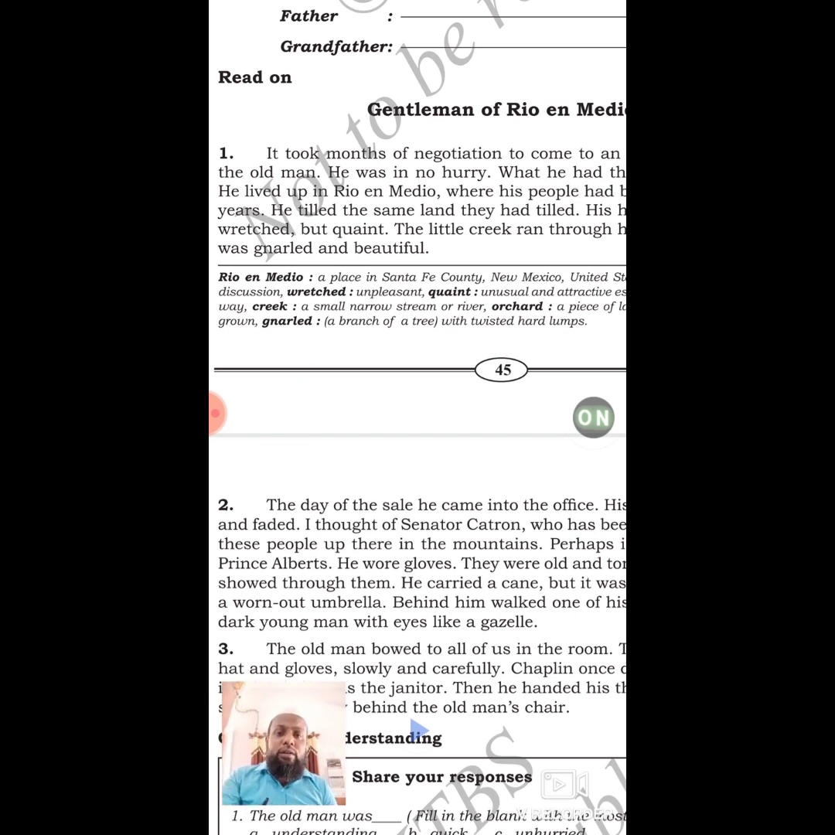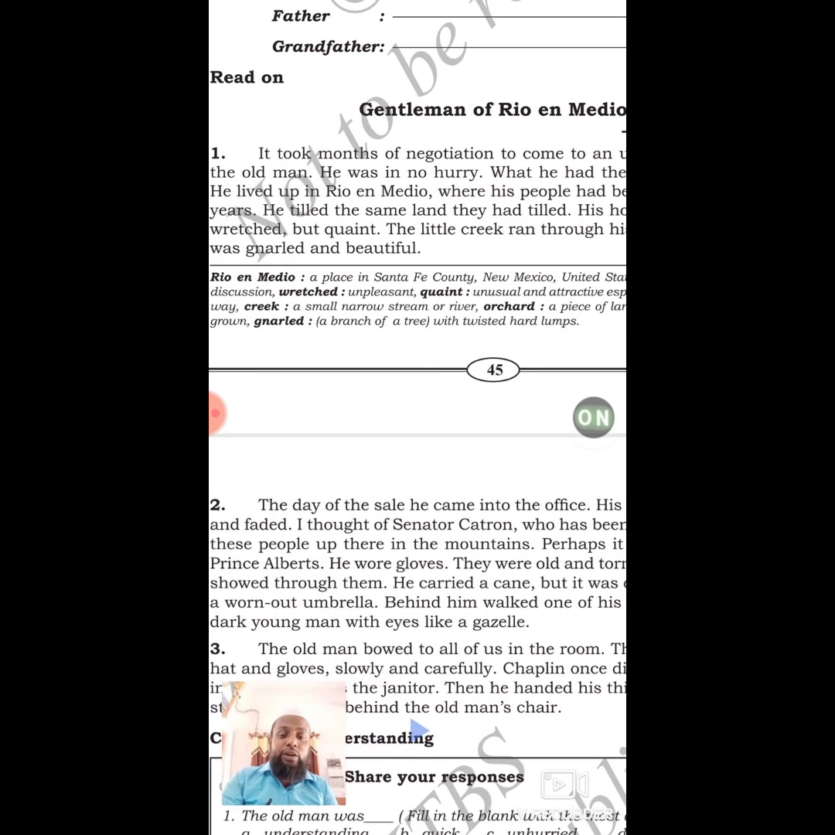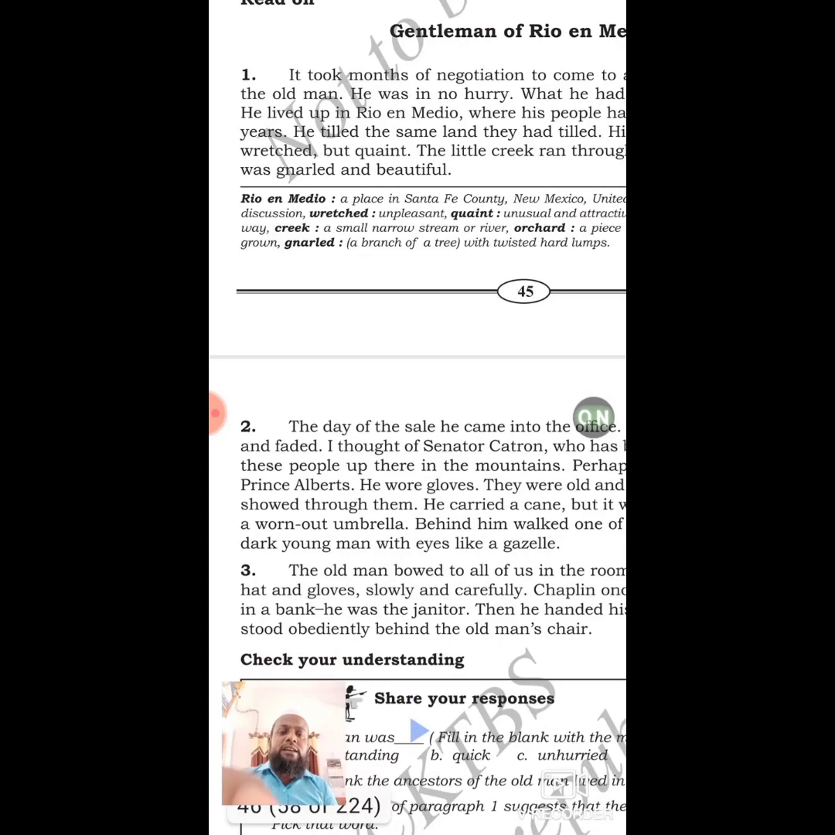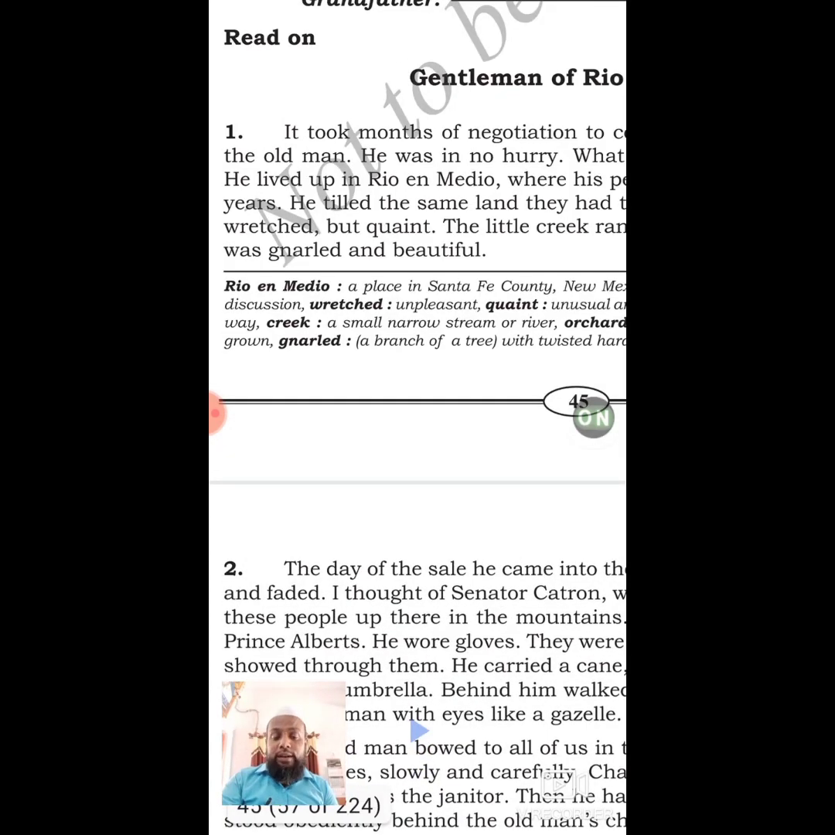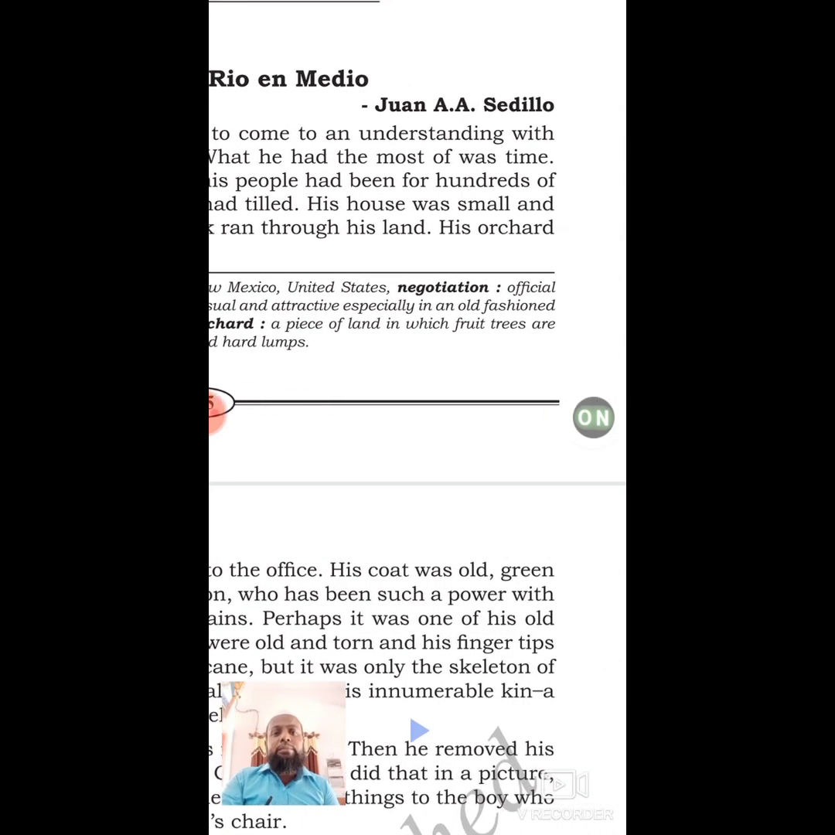Now, along with that, he was in no hurry. Who does he refer to? Don Anselmo. He was in no hurry. What he had the most of was time, because he is an aged person. He doesn't have any further duties in his life. Don Anselmo feels that he has much time. He is an aged person, a senior person who is living in Rio in Medio, where his ancestors were living, where his people had been for hundreds